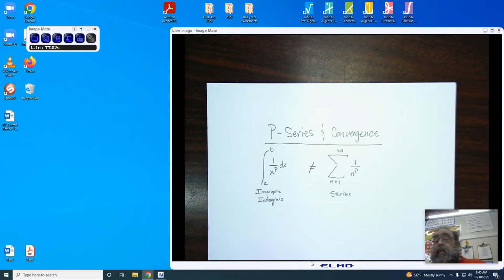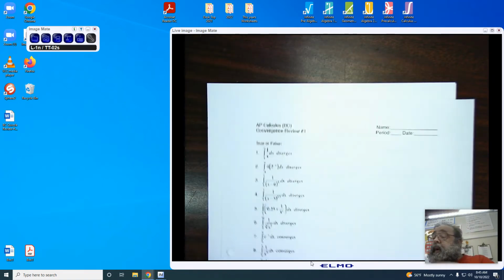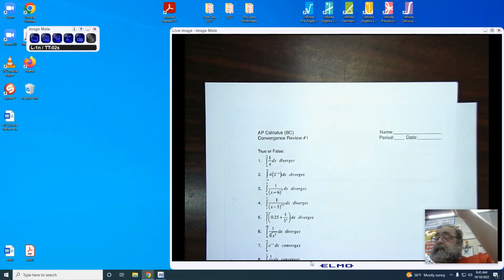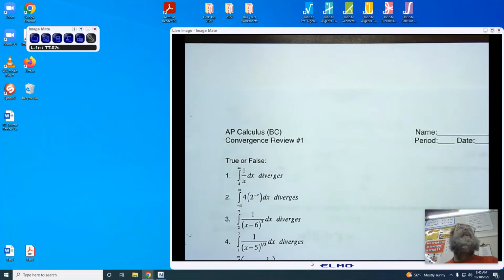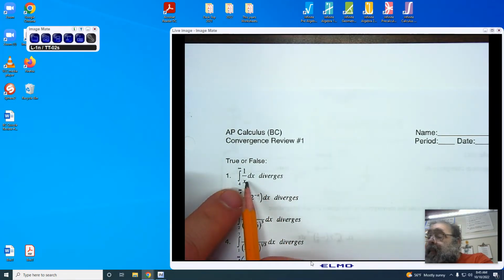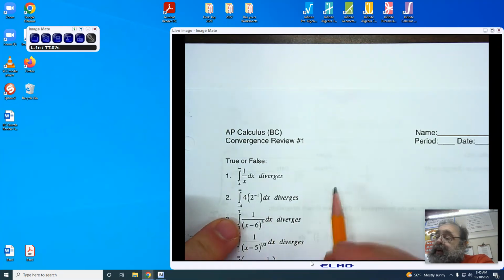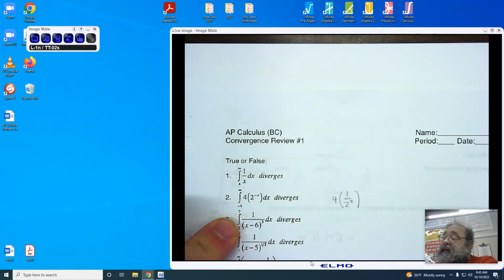I'm going to take an example or two. Let's just look at this example, please. We're going to go through it very quickly. According to our rules, because I have a harmonic series, we know harmonic series for integration always diverge. But when I look at the next one, you'll notice I end up with 1 over 2 to the x. And this is now an exponential growth, and that requires us to actively go through the integration to check, but it is most likely converging.